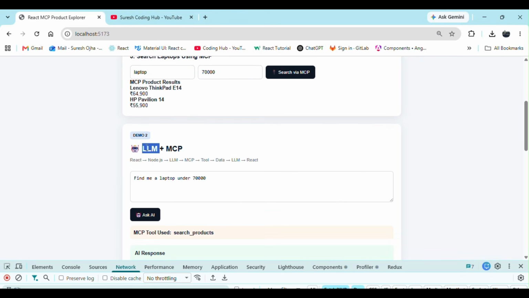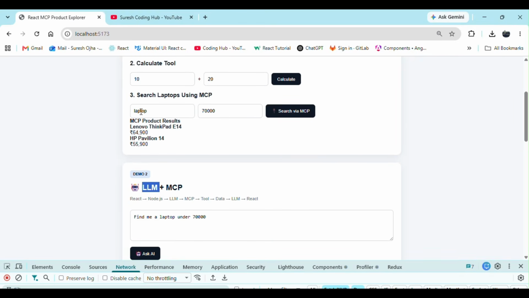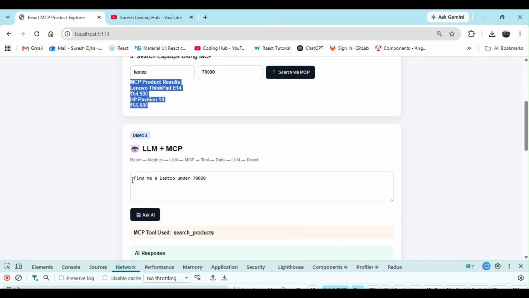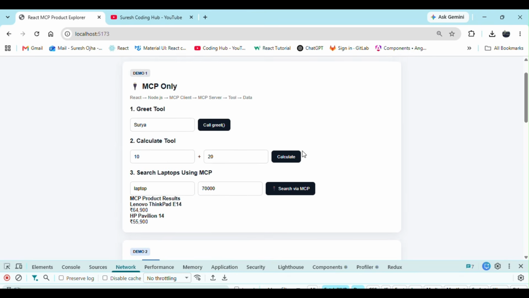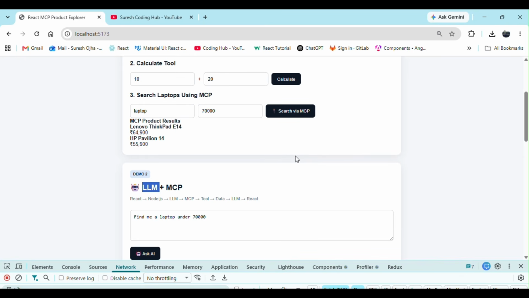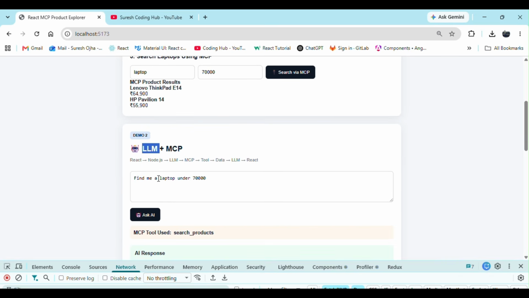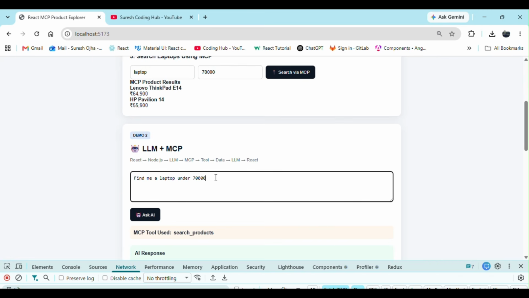Later, we integrated an LLM. Let's say here we say, I need a laptop under 70,000. Earlier we had to tell which tool to call. Once we integrate an LLM, which I told you works as a brain, we no longer need to mention that you need to use the greet tool or the calculate tool or the search via MCP tool. We just give all the tools' access to my LLM, and based on the request, which is a human-friendly request, like find me a laptop under 70,000 or find me an HP laptop under 70,000,